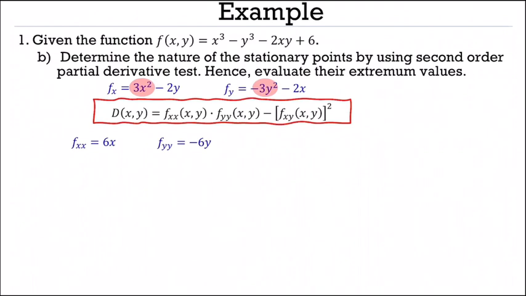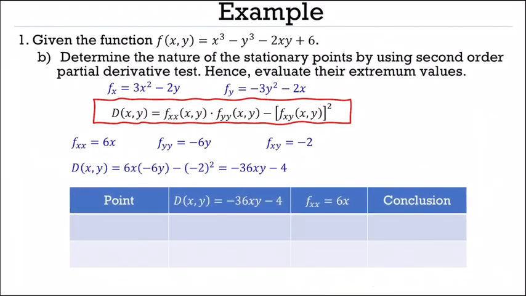F sub xy is the partial derivative of fx with respect to y, so it equals negative 2. Now, substitute all this into the discriminant, where it equals negative 36xy minus 4. After simplifying,